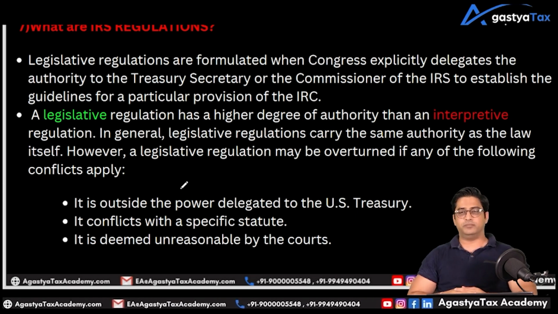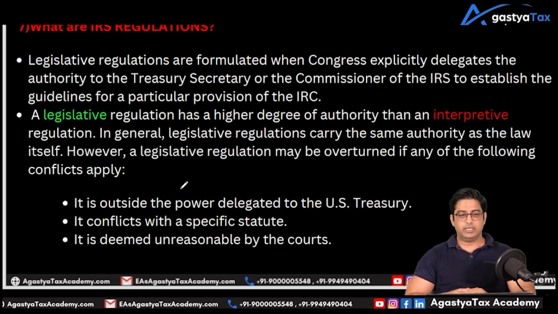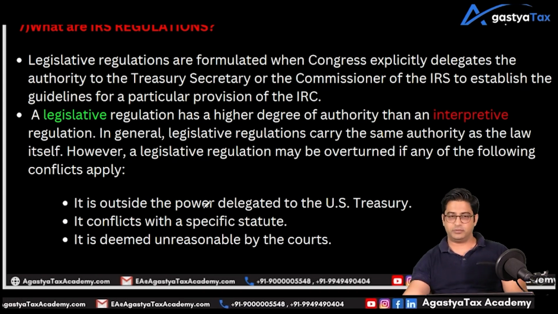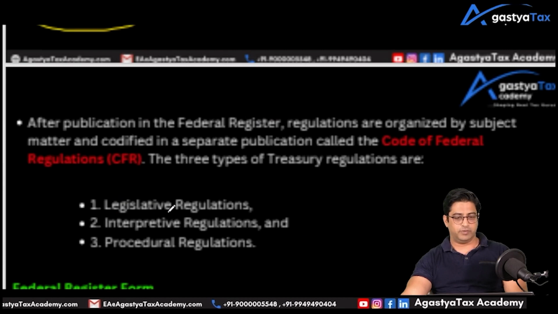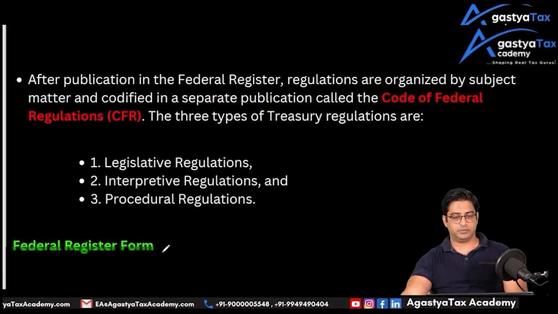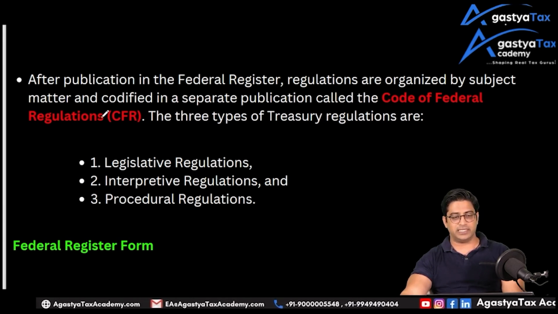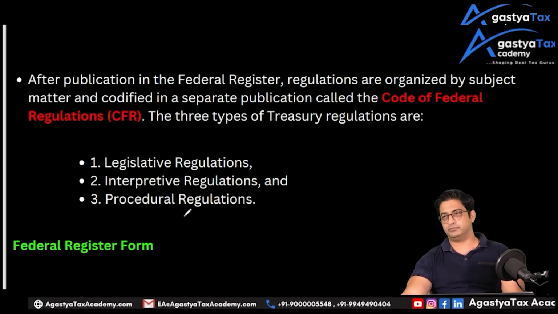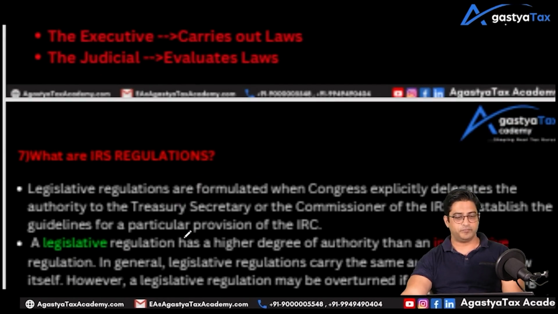So we understood as per regulations, we have understood three types of regulations, right? In the previous question. One is legislative regulation, one is interpretive regulation, third is procedural regulation. So these are also in the same order. Legislative regulations is the highest substantial authority, then interpretive, then procedural. Okay, we are trying to understand what are the IRS regulations. So they are saying